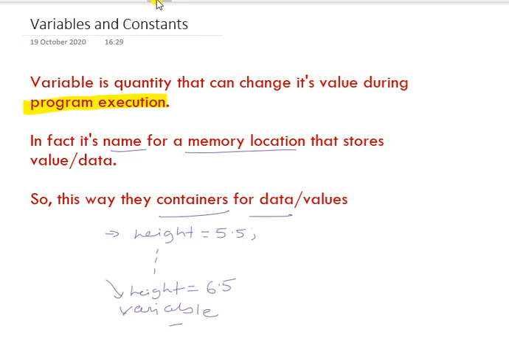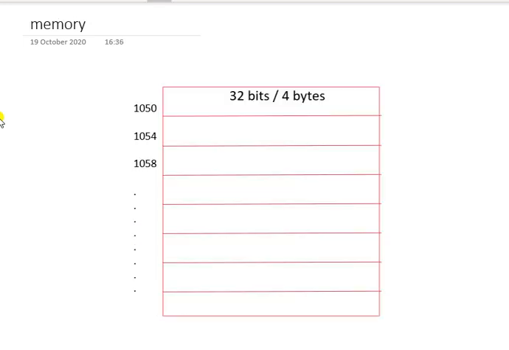Why? How is the data actually stored in memory? Let's see now. Say these are the memory locations we have. Normally the addresses are 32 bits long, or you can say 4 bytes. Even they can be 8 bytes long. That depends, and I'm going to have a detailed discussion in data types. Let's say this is the memory address, an arbitrary address, let's assume.